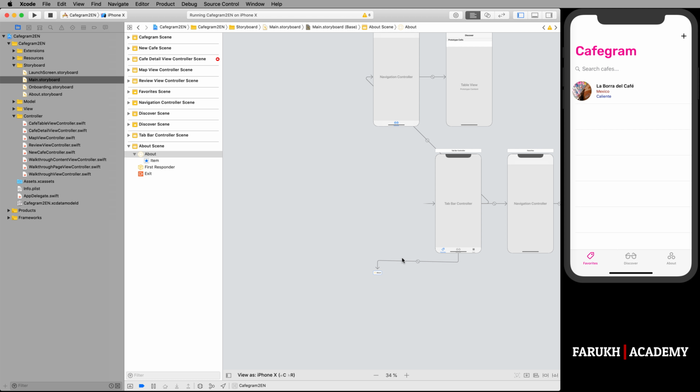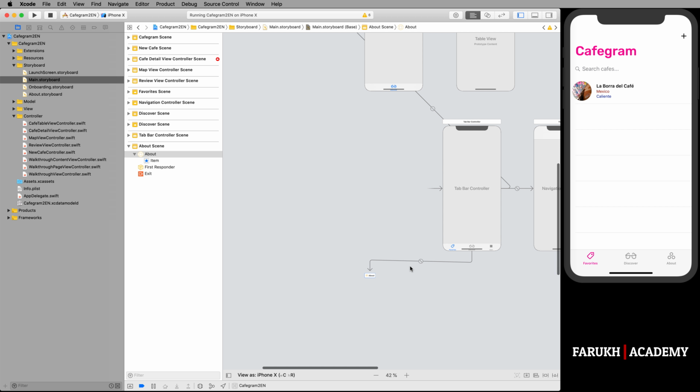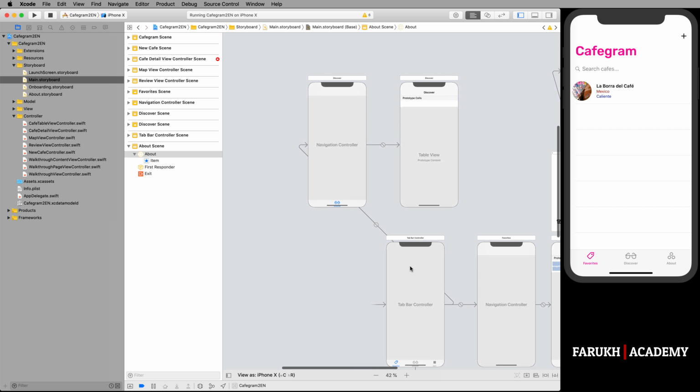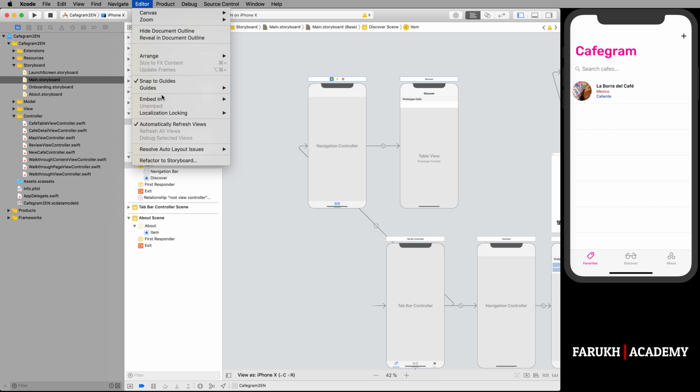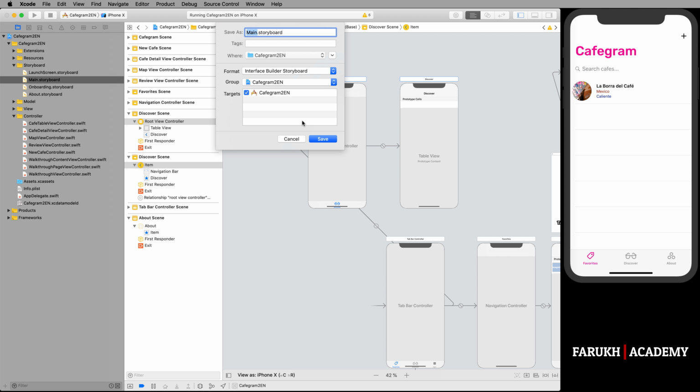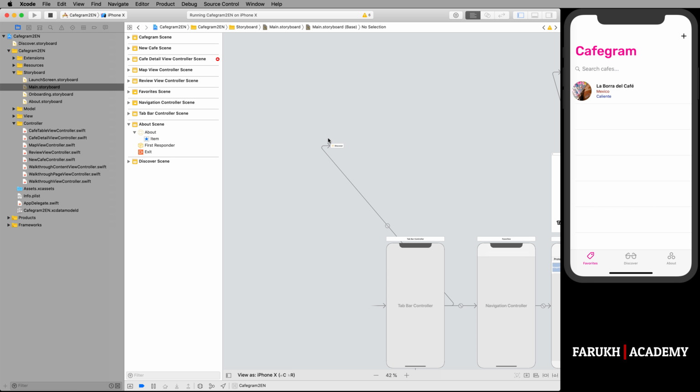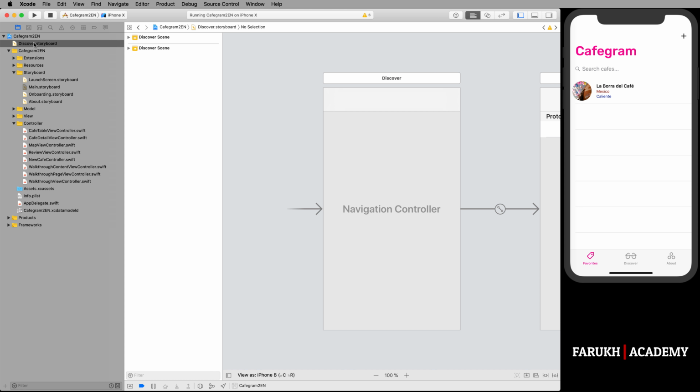so we are going to repeat the same procedures to refactor the Discover tab. Okay, so select both of them, Discover Scenes, okay, and here select Refactor to Storyboard. Okay, we're going to name it Discover, like this. Okay, and now as you can see, okay, I'm going to place it just right there. Okay, and here in Main.storyboard,